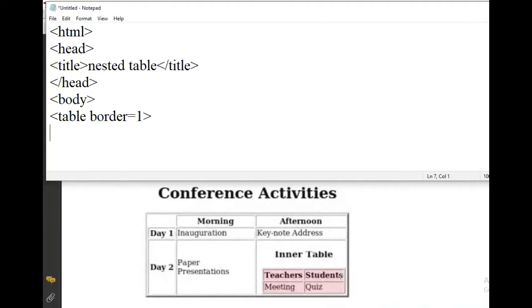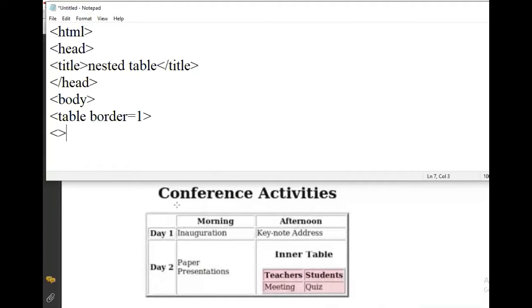So right now consider this outermost part, that is how many rows and columns. So this is row number 1, this is 2, this is 3. Okay, this is 4th row wherein we have inserted one table.